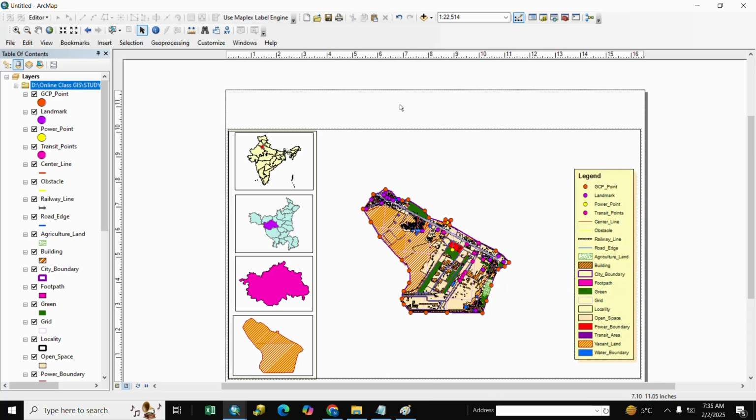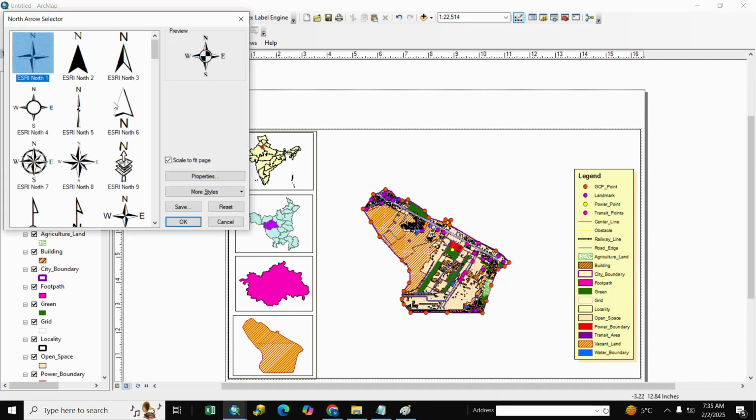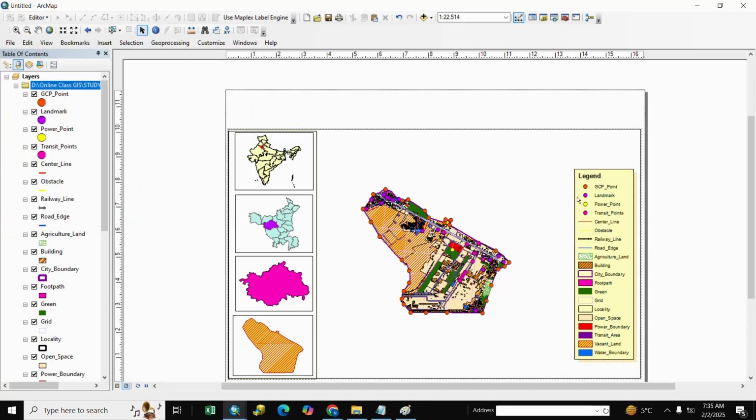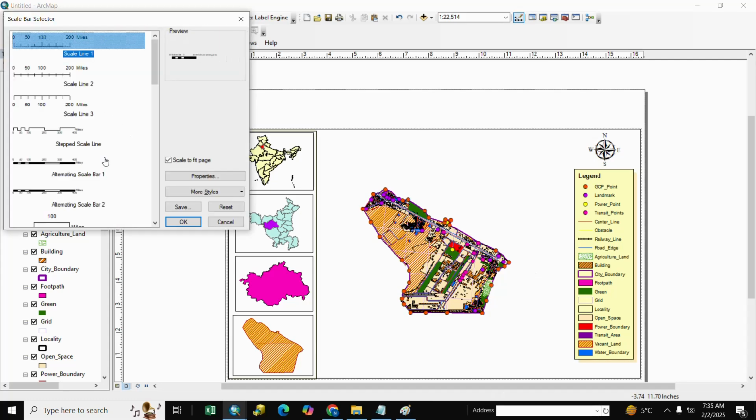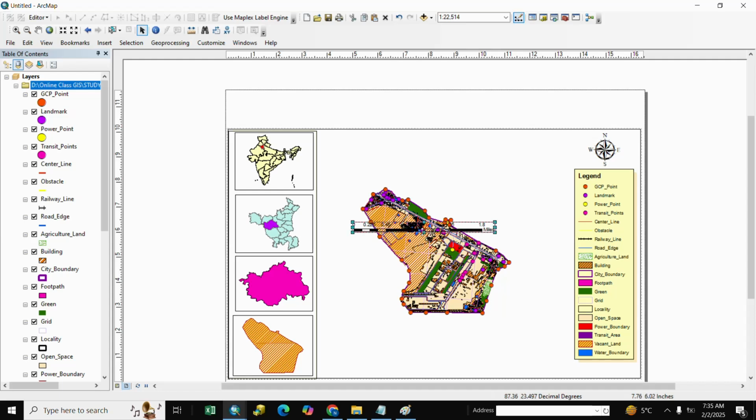And we insert north arrow, go to north arrow, we select here north arrow, here is north arrow, and we adjust it, and insert scale, go to insert scale, and we select here scale, here is scale, we adjust it